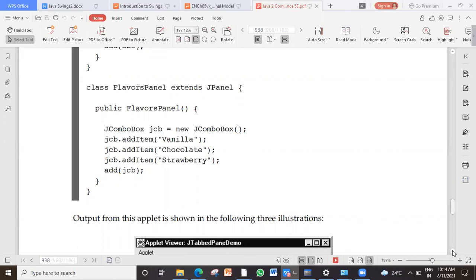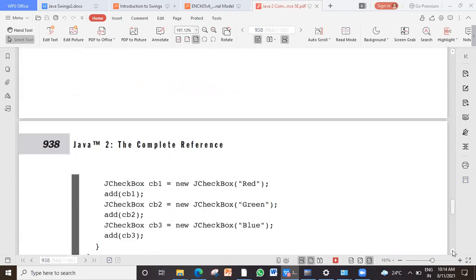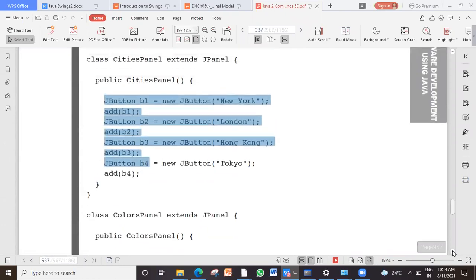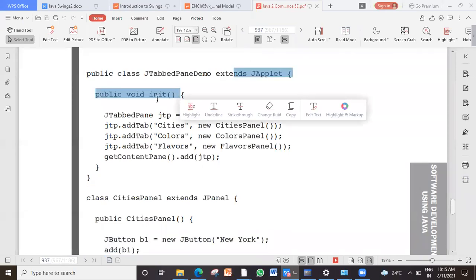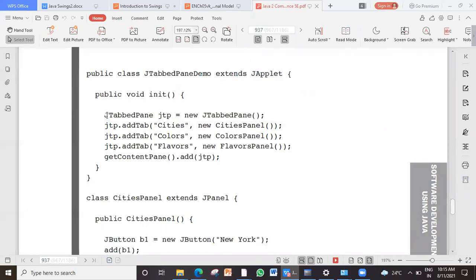The panels are ready. Now all those panels have to be added to content pane. So where am I adding those? Here I have created an applet class, my main window. In that window, see here, I have created an instance of tabbed pane.